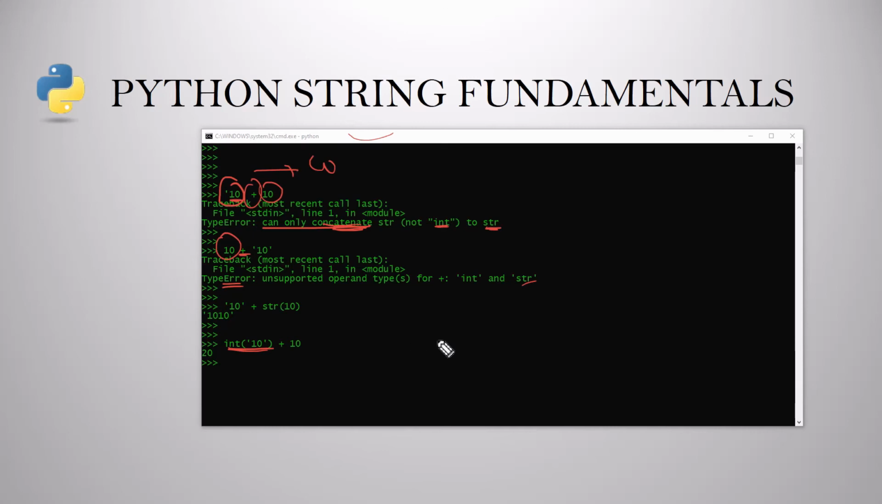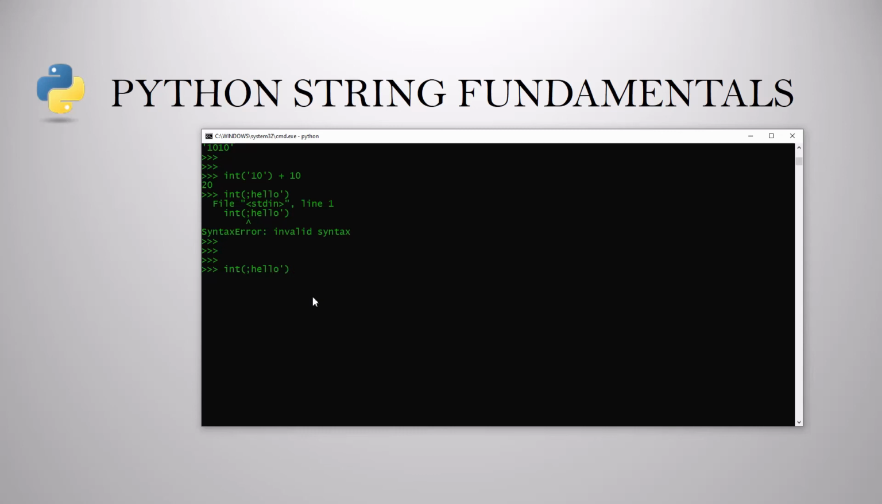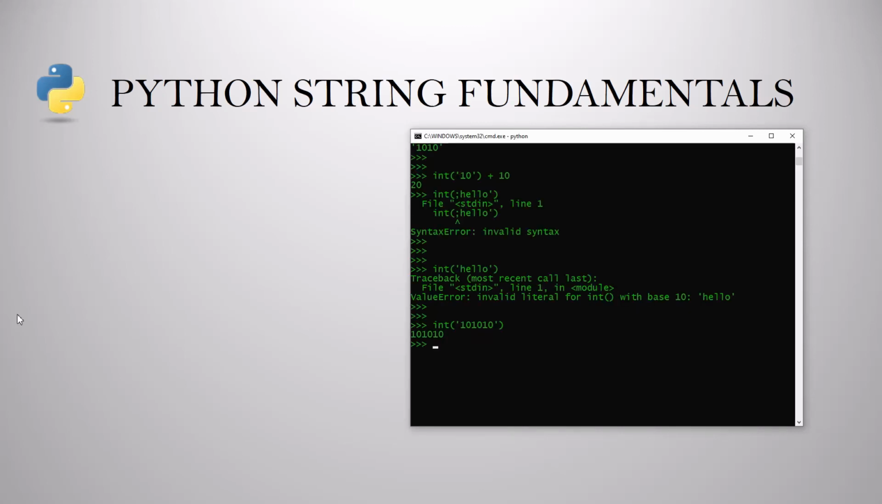What it means is, if you want to convert int of hello, for example, so here we are getting a value error, invalid literal for int with base 10. If you want to convert int of any integer-looking thing, it will convert. So when we're talking about conversion in Python, we can also convert a single character to